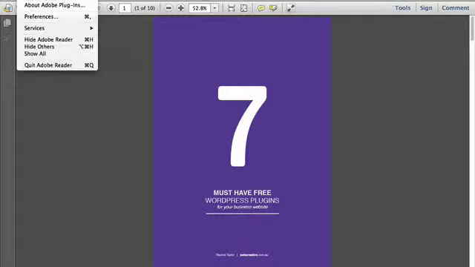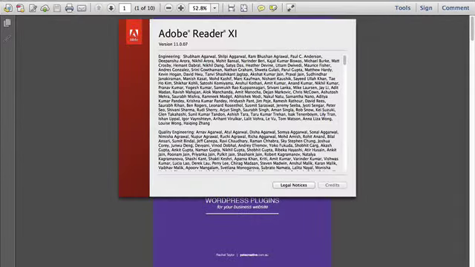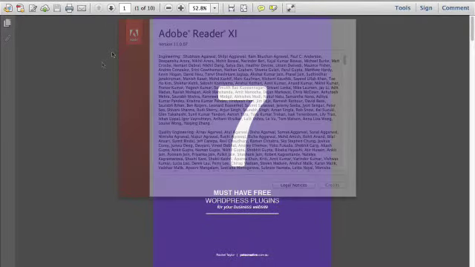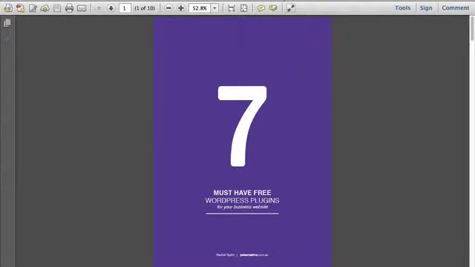Okay, so I'm here in Adobe Reader. Now I have Adobe Reader 11.0.07 to be exact. If you have an older version, your toolbox might differ slightly. I have here open a PDF document that I have created, and we are going to add some comments to it. So over here in the top right hand side, you can see Tools, Sign, and Comment. We're going to click on Comment,